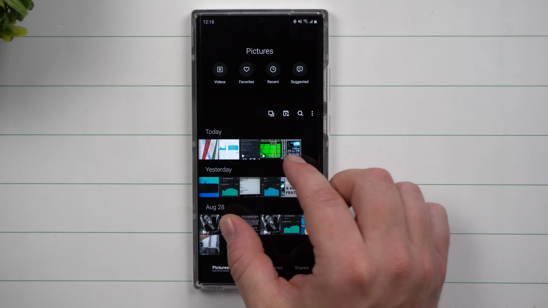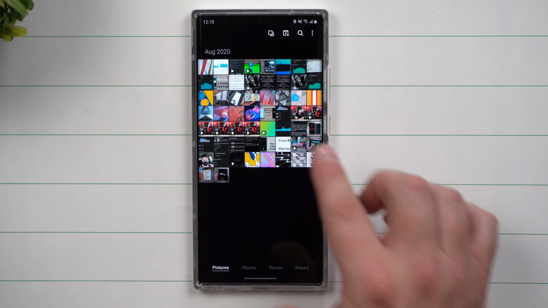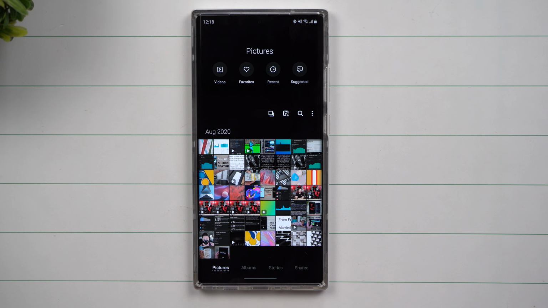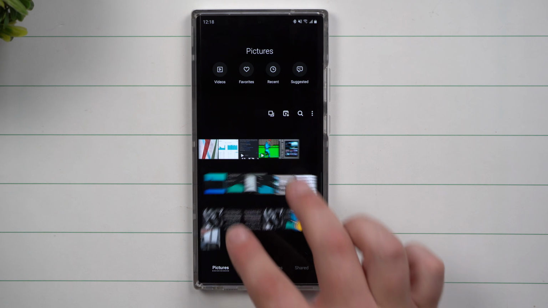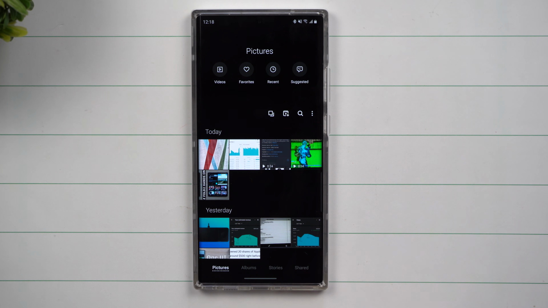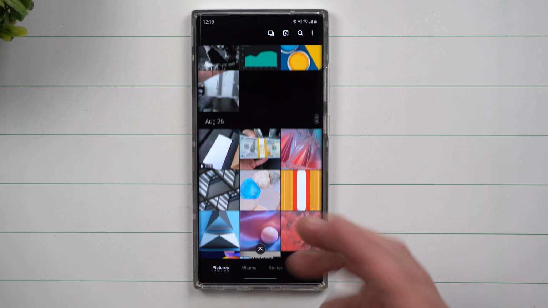What you're able to do is give a pinch to zoom. Now you're able to go inside of this little view here, which is where all of the images are super small, but it makes it really fast and easy for you to find something without having to scroll. But if you needed to take a better look at all of these images, you're able to zoom in, and this one right here is pretty good.